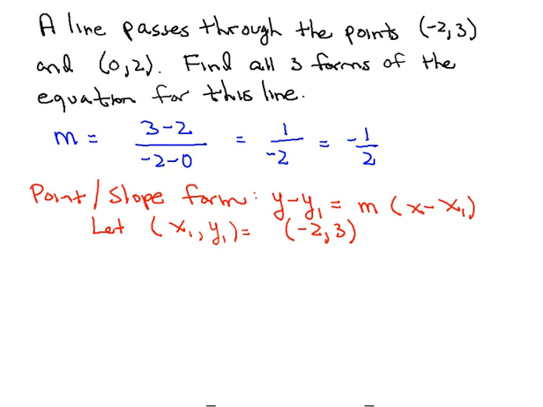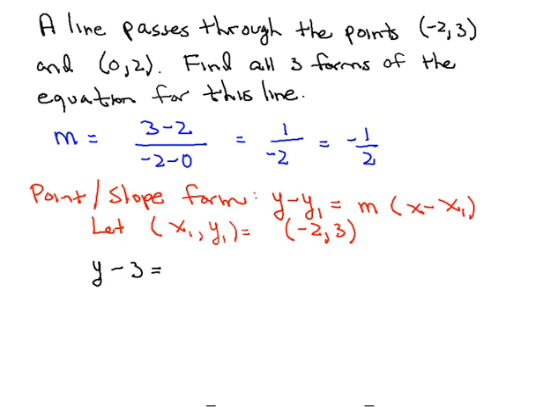So we end up then with 1 all over -2 then, or the slope then would be -1/2. Now let's first represent the equation in point slope form, which you'll recall is y minus y sub 1 is equal to m times the quantity x minus x sub 1, where x sub 1 and y sub 1 refer to a particular point on the line. In this case, I'm going to choose the point -2, 3, although we could have chosen the point 0, 2 just as well. So what we'll have then will be y minus 3